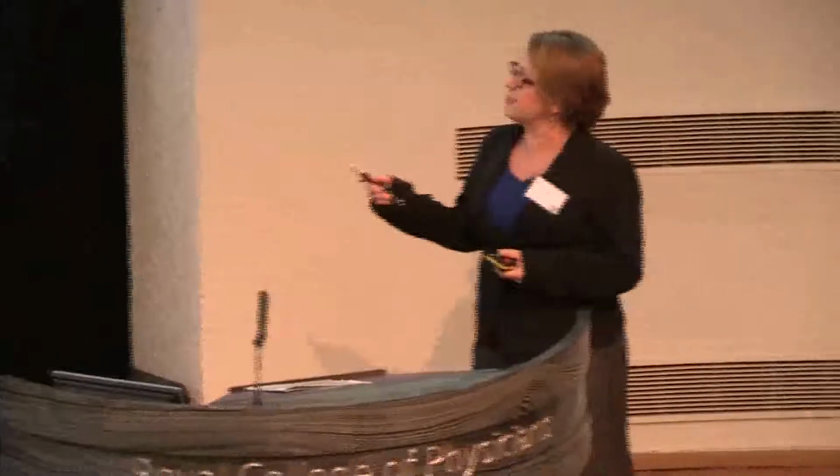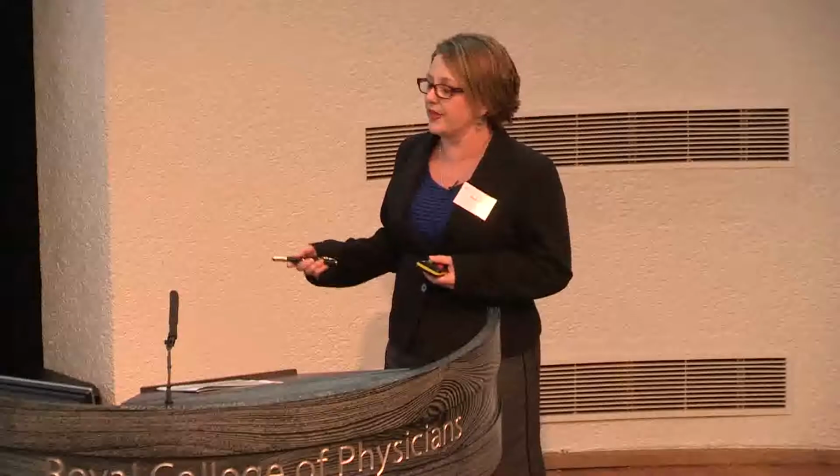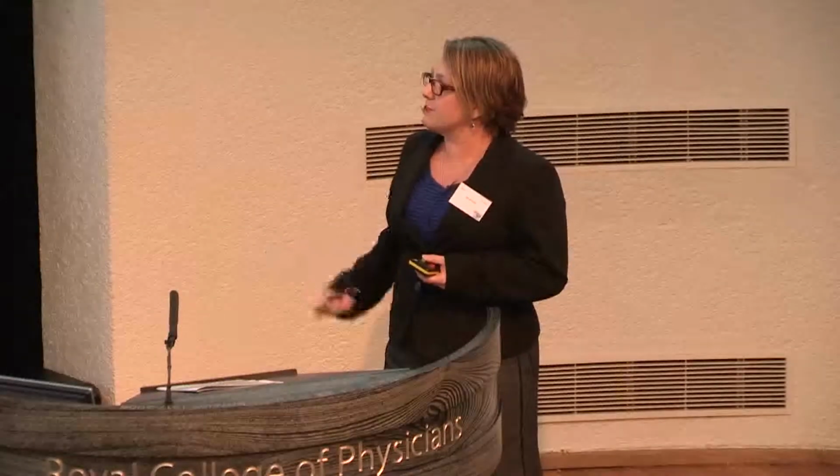So you can see here, this is a bit of a busy slide, but in terms of incidence per 1 million contact lens wearers, you're looking at around 20 for the UK, with a wide range depending upon the environment, compared to the US, so it's 10 times more than what we see there. Of course, it is still rare, but